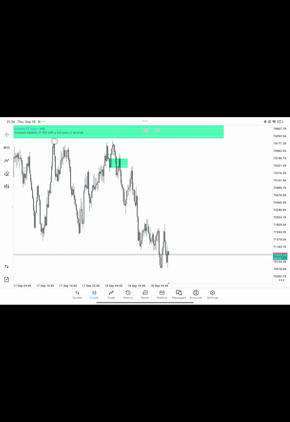We have taken a high in here. We've swept the buy side liquidity resting above these areas. Then we have a shift in structure. We have a fair value gap. Price retraces into the fair value gap coupled with this breaker right in here, and this consecutive up close candle acting as the order block is enough confluence to tell you that we're going to shoot down.